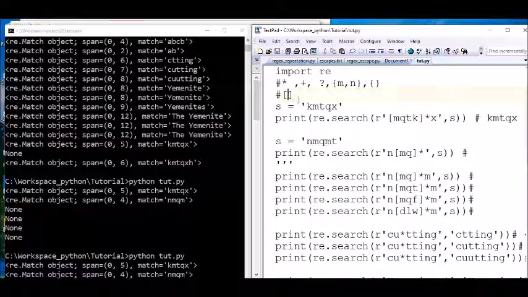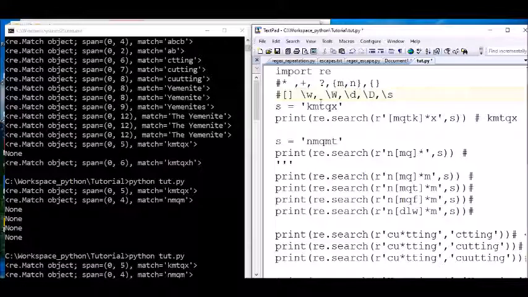The bracket is called a set. What is allowed to put inside this set? Inside this set you could put this one, or this one, or this one, and also space, backslash space.